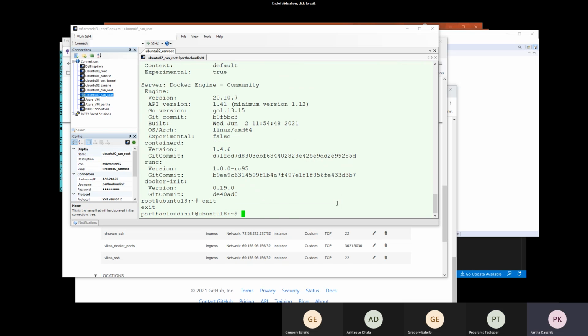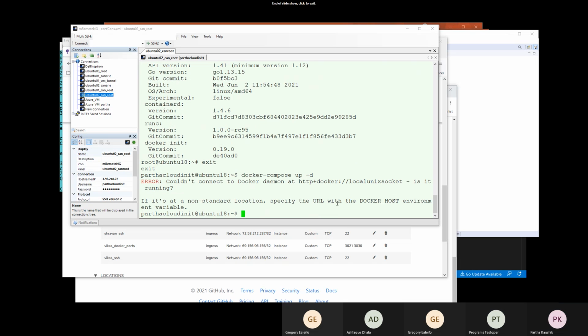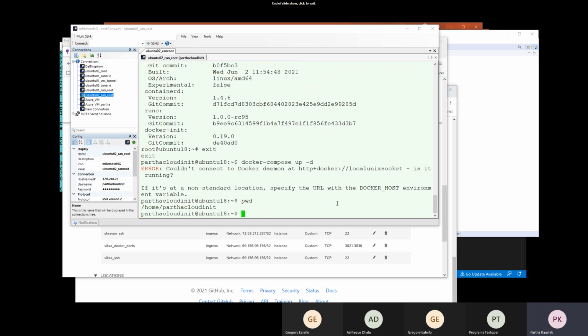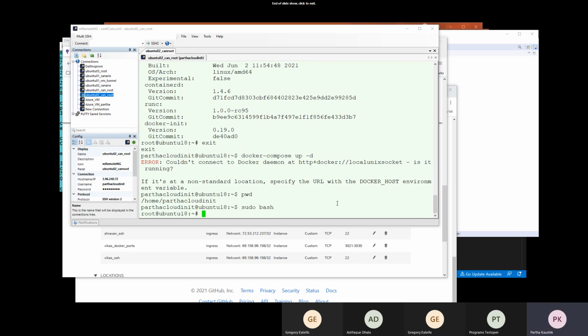Exit out of that and run my. Okay, still it's not able to connect to this. So where am I? I'm at home, but I uploaded it. So let me do a sudo bash. Then I will say